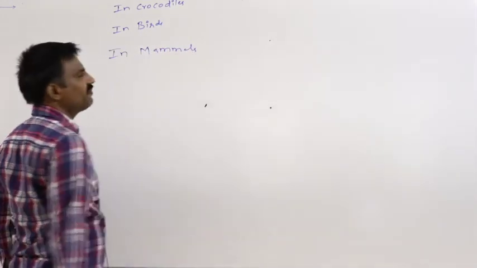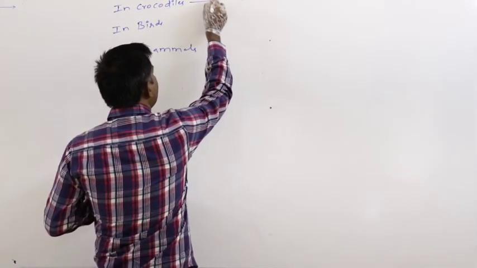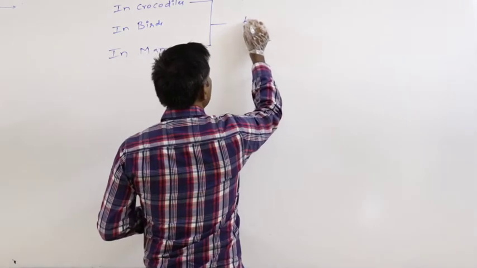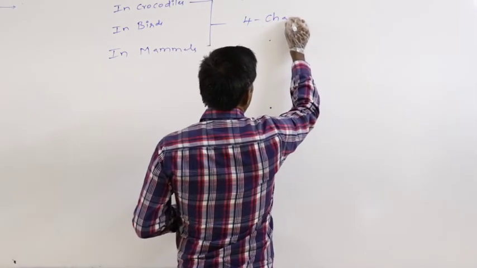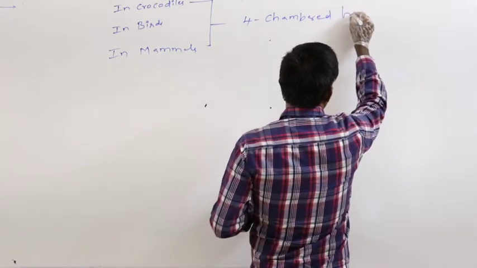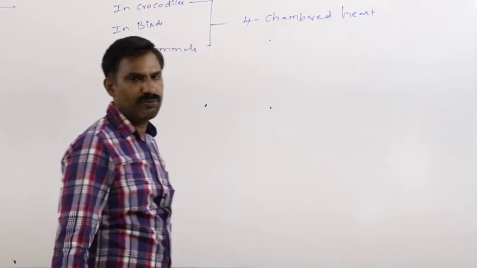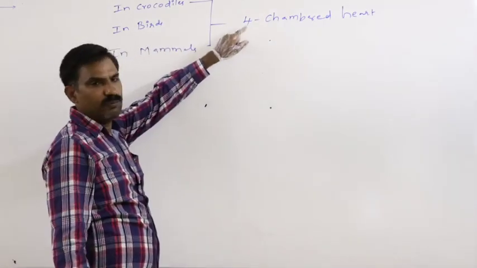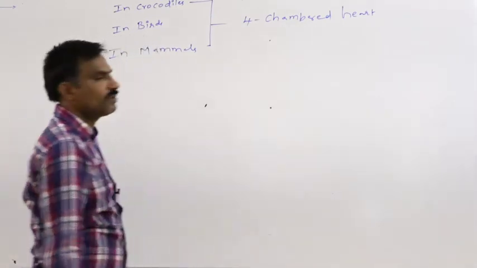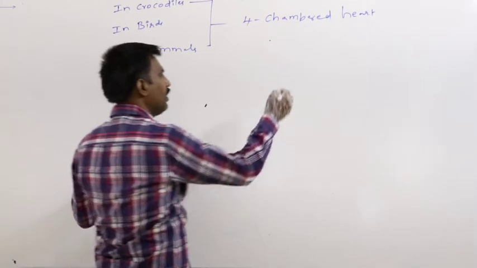completely divided four-chambered heart is present. In all these three kinds of individuals, four-chambered heart is present. Means completely divided four-chambered heart is present in the crocodile, in birds, in mammals. Of them,